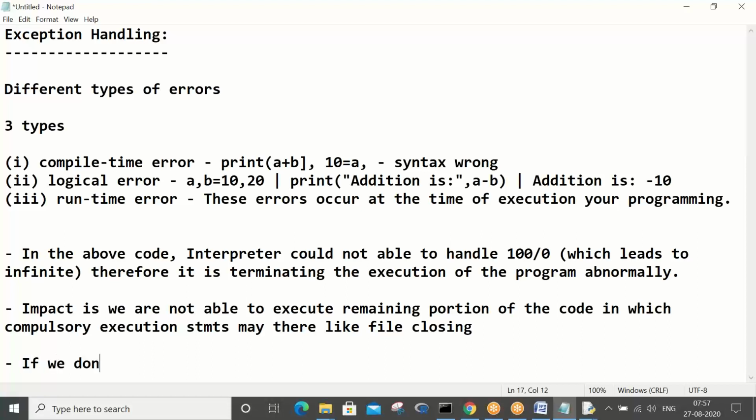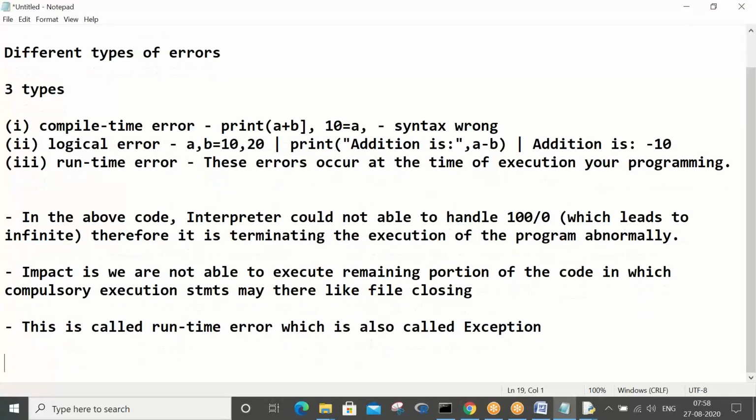If we do not ensure the entire program executes, this is called a runtime error, which is also called an exception.